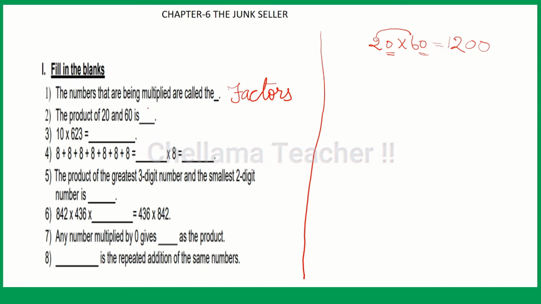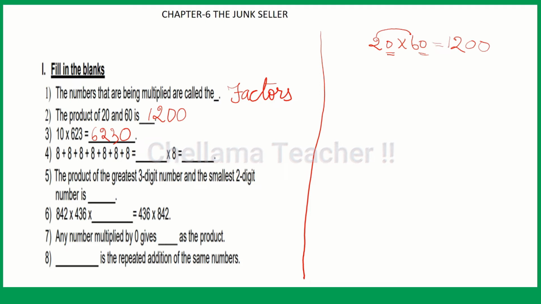So the answer is 1200. The next one is 10 into 623. Whenever you are multiplying any number by 10, you keep that number and write 0 at the end. So the answer is